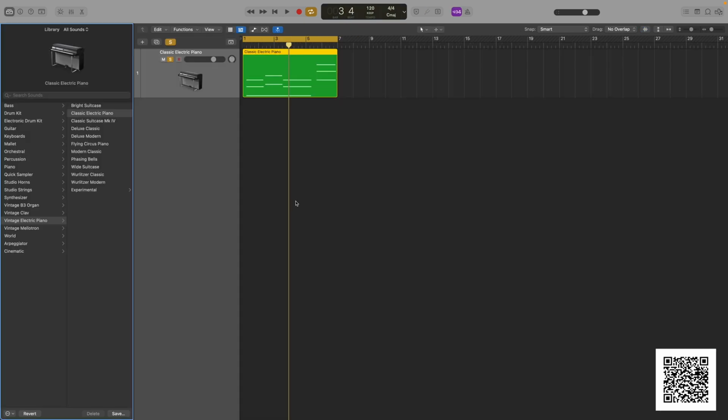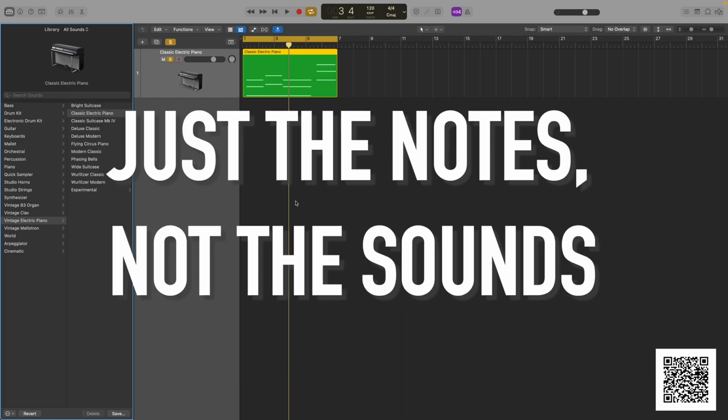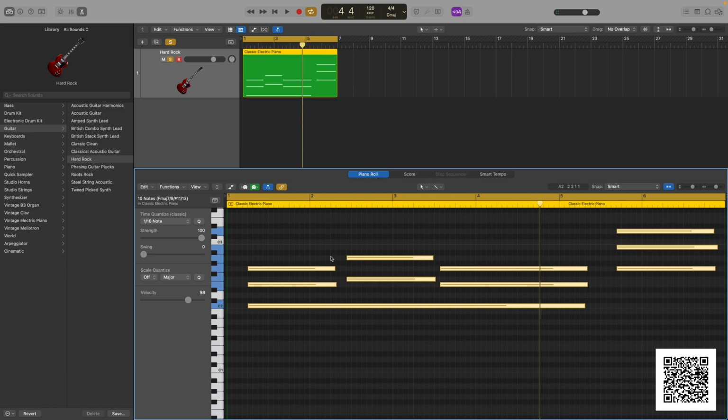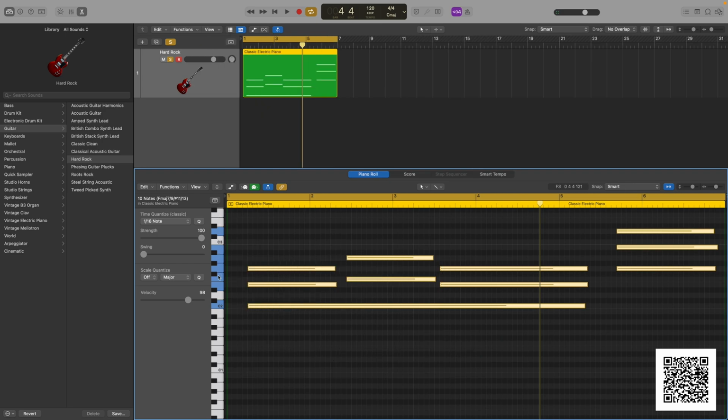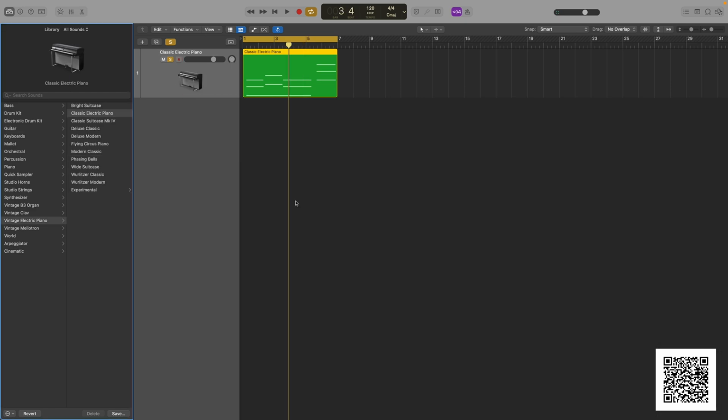By recording MIDI, I'm sending information about the notes I'm playing to the computer, and it will generate the sounds for me. Instead of waveforms, MIDI data is recorded using these little blocks of information on what's called a piano roll. You can see the piano keys here on the left. MIDI is transmitted to the computer using either a USB or MIDI cable. For example, when I record myself playing this piano as MIDI,